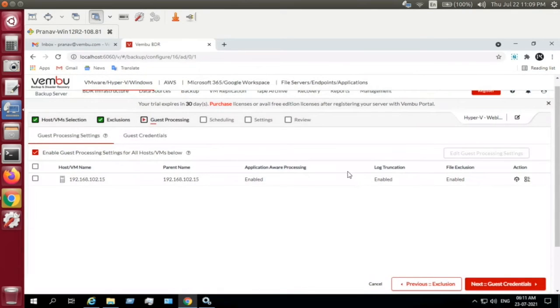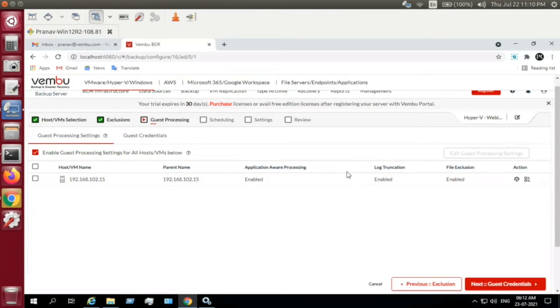Our best recommendation is, if you're taking a backup of an application installed virtual machine, it is better that you enable this AppAware, because while you enable it, this BDApp backup server will ensure that the application writers are brought to a consistent state, and then we'll take a snapshot of your application so that there doesn't occur any overlap on the snapshots that we are going to take.